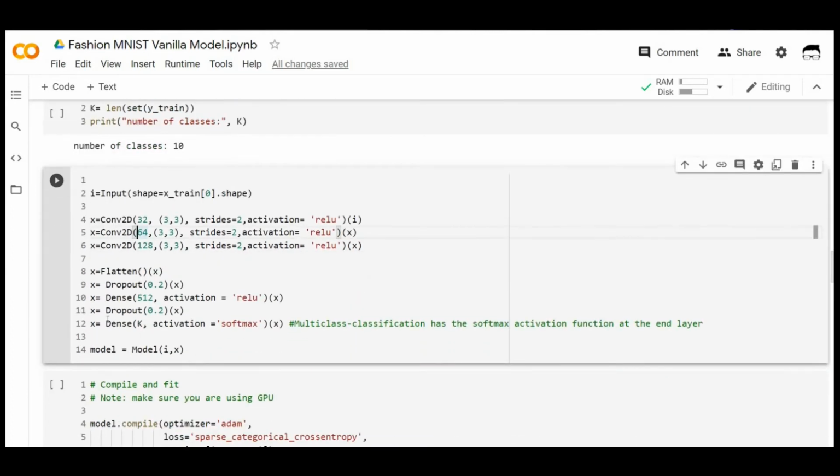After that, here is our CNN architecture step, where we've defined the architecture of our convolutional neural network. And as you can see here, we've used 3 convolutional layers, and then we've used 2 dropout layers.